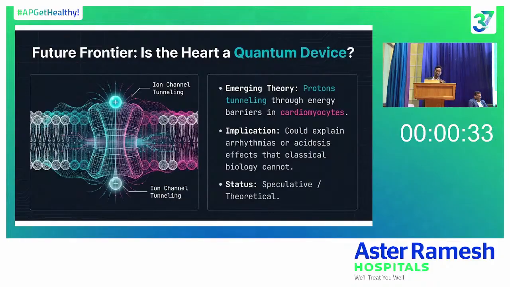One thing I just want to conclude by pondering upon: I was speaking of quantum computers, but there is a speculation and theory that our human heart itself is a quantum device, and we might reach a level where we will know that the heart works like a quantum device, and you need quantum computers to tackle a quantum device. It cannot be the other way. You cannot do it with classical computers. So that might be the way forward.